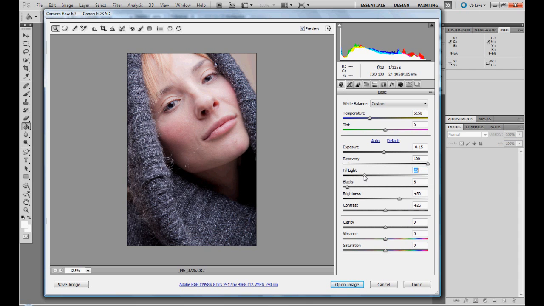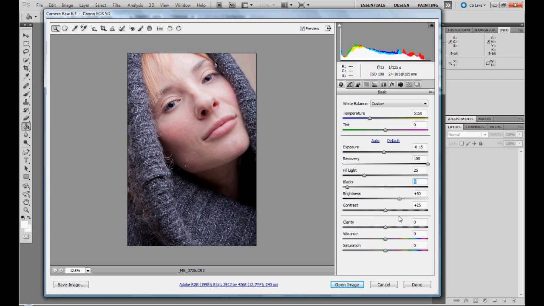Compared to the picture that we had before, this photo looks flat and not interesting. But we shouldn't worry, because when we use Camera Raw, we try to work with the photo to squeeze as much information as possible to start retouching. So we just do that. We go to fill light. We don't use black because black is dark enough, so we don't have to add any of that. With the brightness, we don't really work, because we can adjust this at the end,